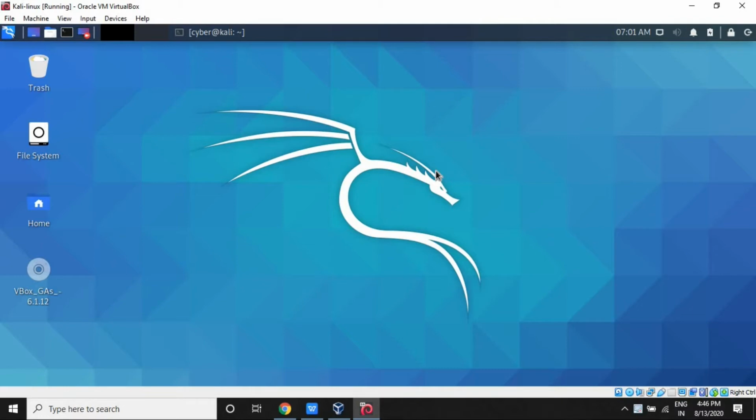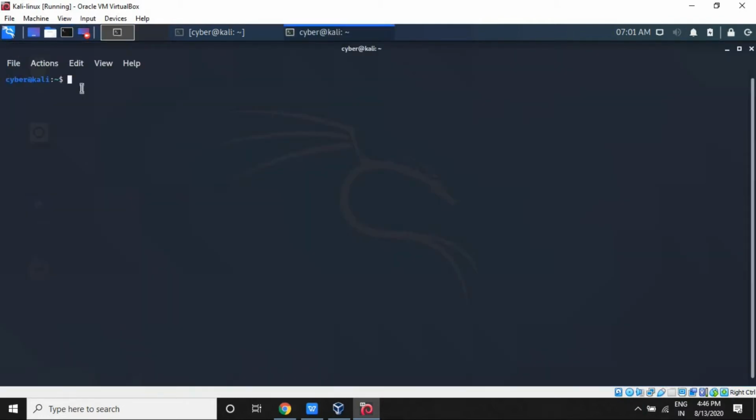Once I open my Kali Linux in VirtualBox, I'll open my terminal. Once I open my terminal, I can open my Metasploit MSF console as a normal user, and I can open it with the help of the root user also. For this video today I am going to open the terminal as a root user. So for that I'll type sudo su. Now I'll put my password for the root user, so I'll do a cd. I'll clear it. Now you can see I have become a root user.